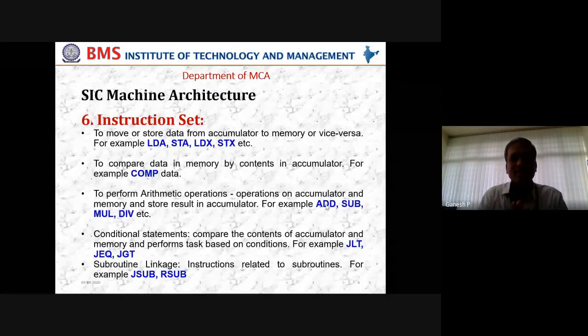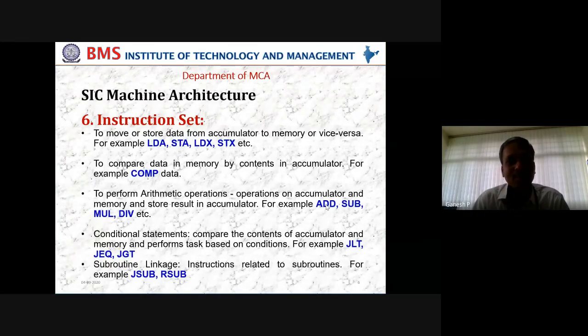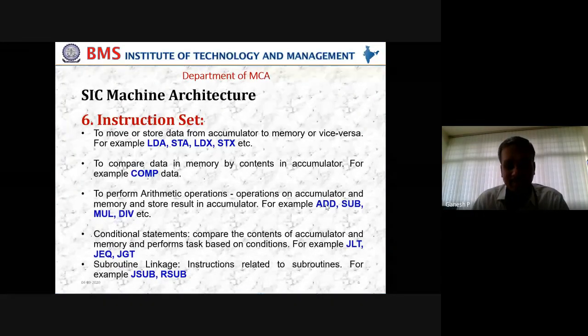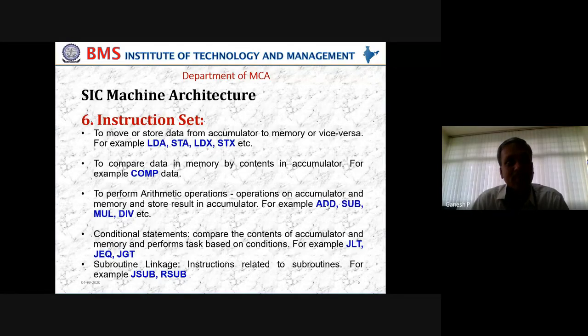We have a very, very limited set of instructions available under this, precisely for simple data transfer, simple arithmetic operations, and basic or low level comparison type of activities. To start with, I hope you have some idea about assembly language; even if you don't, nothing to worry. These are middle level English type of phrases or shorthand notations that let us know how we can perform a particular activity.